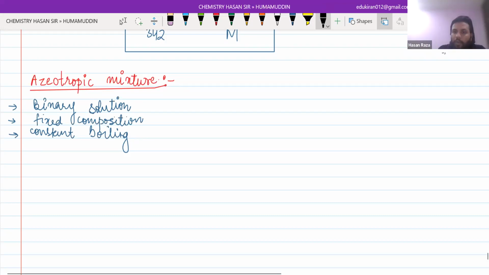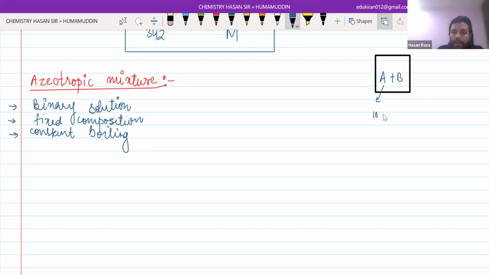As you know, if you mix two liquids together, let's say A and B are both in the solution, and A has a 100 degree centigrade boiling point and B has a 50 degree centigrade boiling point. But in an azeotropic mixture, when you mix them, the boiling point will be constant for both, and hence